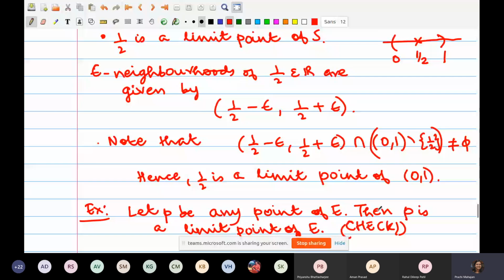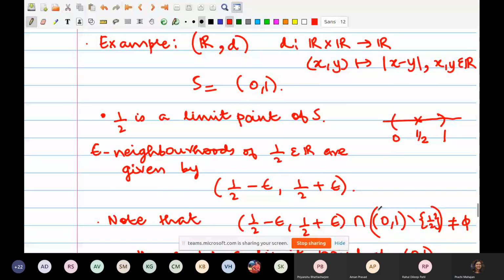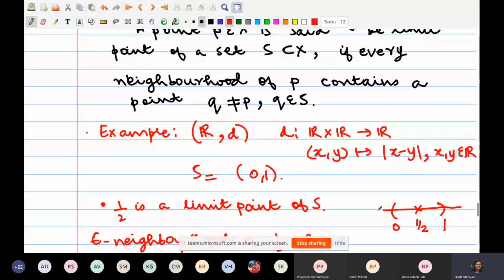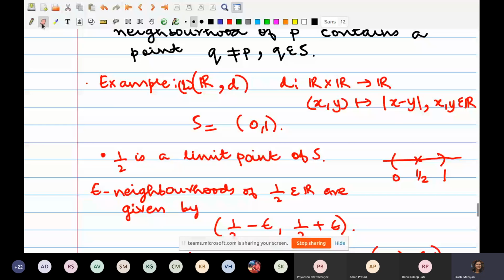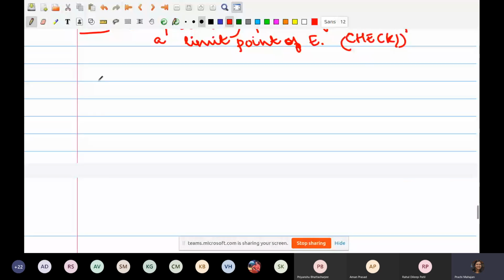This was example 1 over here. Example 2. Let me stick to the Euclidean metric before we take up other metrics. Let's just see some more examples in this metric space only, because I think this is a new concept. So that's the first example. The second example, let's consider the same set. I am on the Euclidean metric, the set of real numbers with the Euclidean metric.